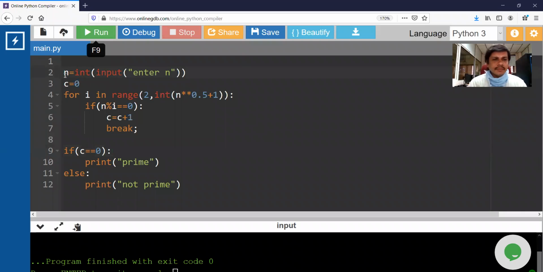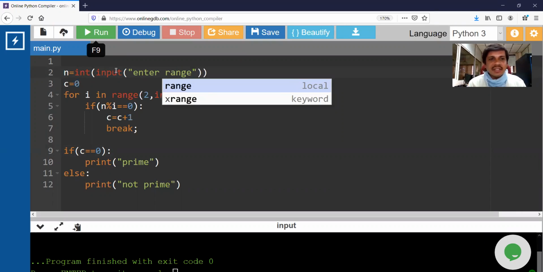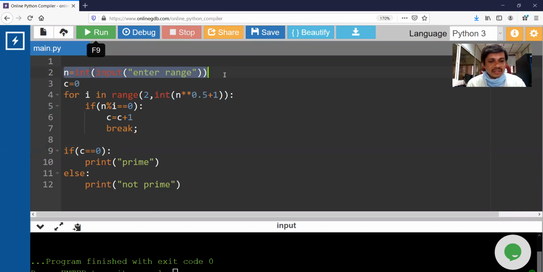Okay, now let this n value be range. Say this is range. I'll read it later. Okay, I'll convert this particular logic into a function.